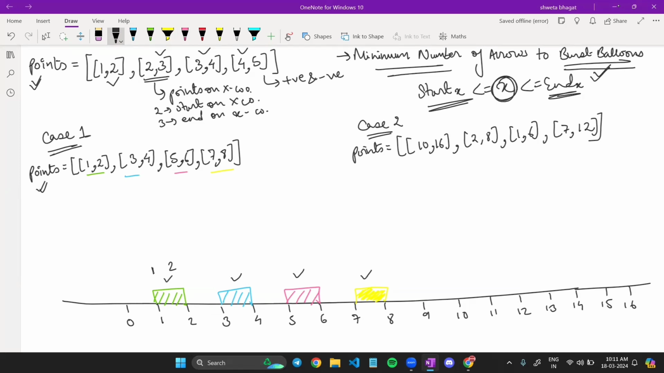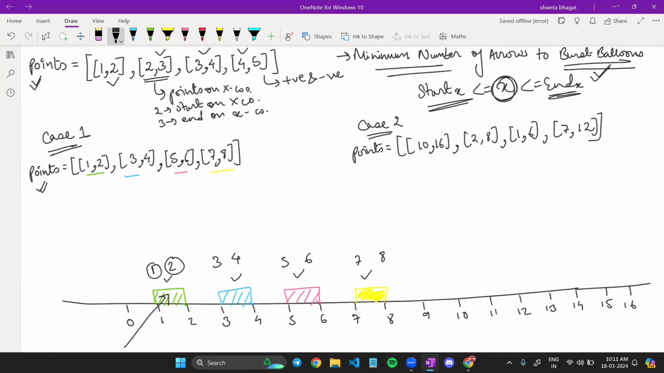Similarly, for the second balloon, what could be the possible values of x? It could be 3 and 4. Similarly, for the third balloon, it would be 5 and 6. And for the fourth balloon, it would be 7 and 8. So what we can notice is that none of these balloons has any points in common. So what does it mean? It means that I'll have to shoot an arrow either at point 1 or at point 2 in order to